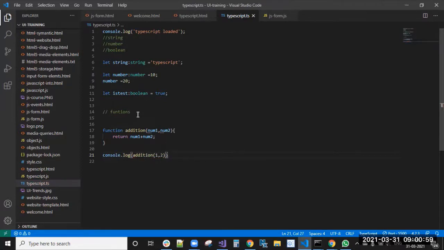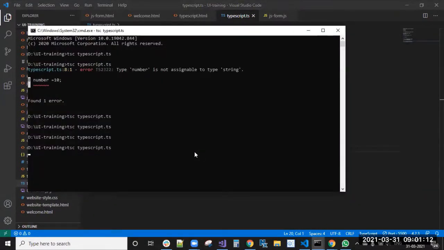Okay. So 10 comma 20. What will the output be? 10 plus 20 means 30, it will give you, right? So we need to compile the TypeScript file.